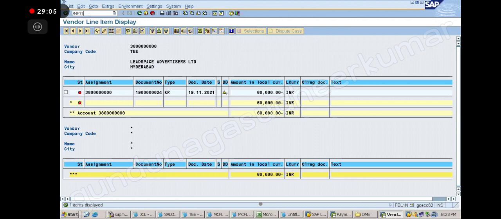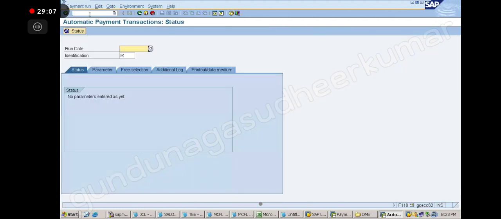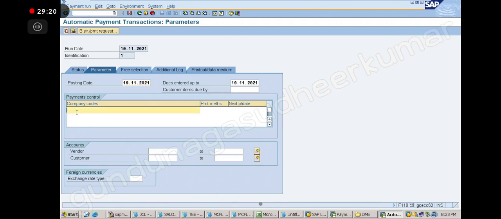F110. My payment run date is 19.11.2021. Identification number is 1. Now tell me what I should do. Company code, vendor number 38.